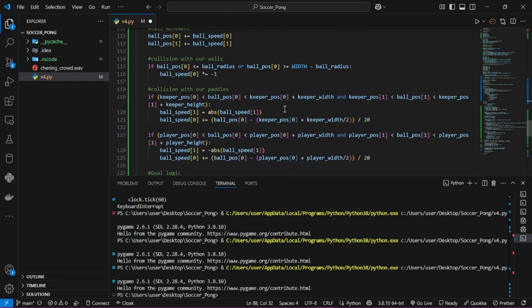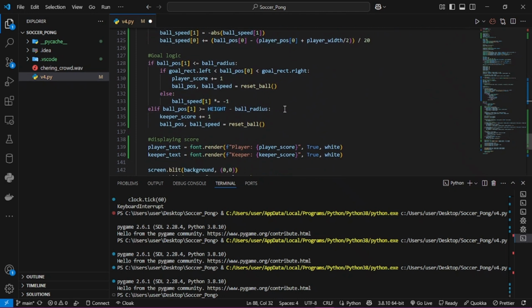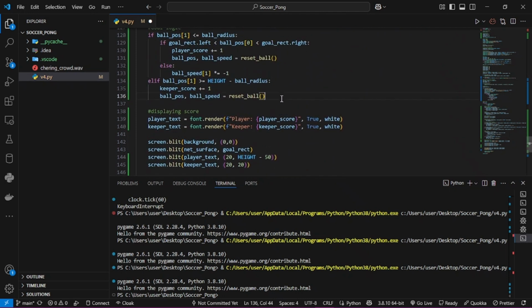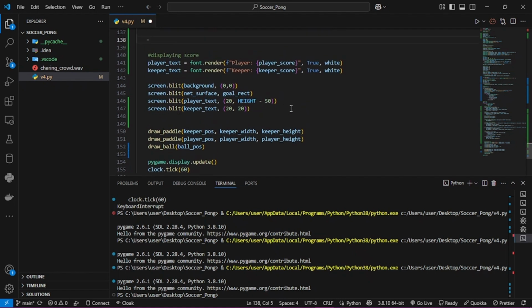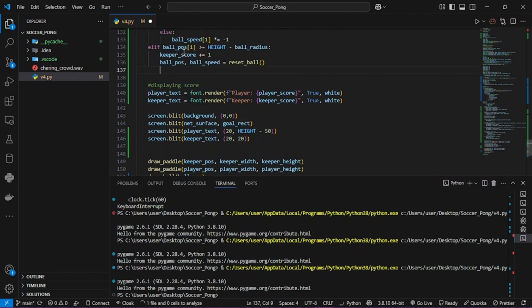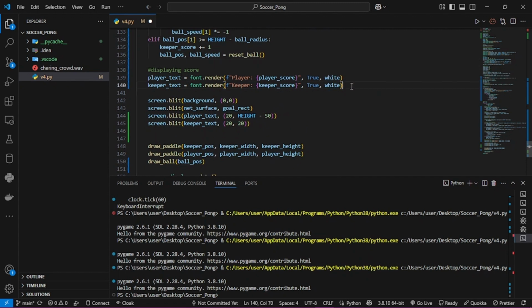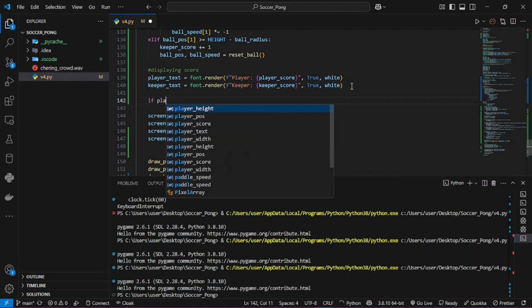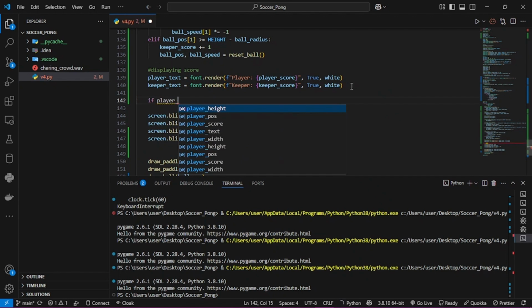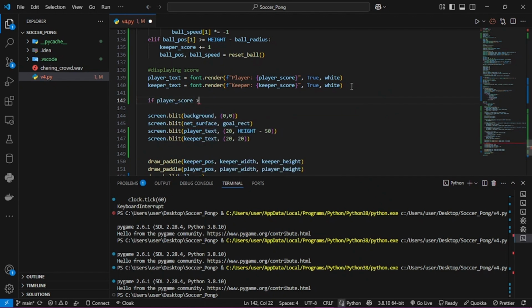And for here, I don't know, let's go last. Right after all our checks, we're not calculating stuff. So let's say somewhere here. Okay, this will do. And say if player score is greater than or equal to our winning score